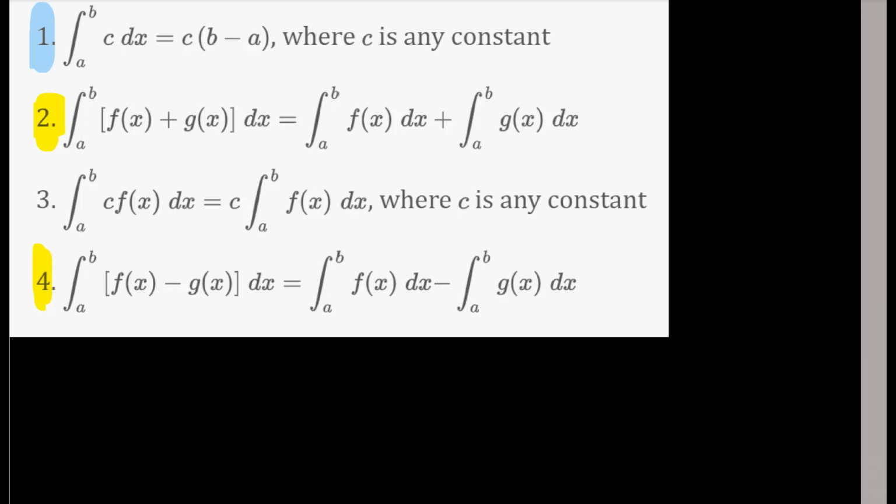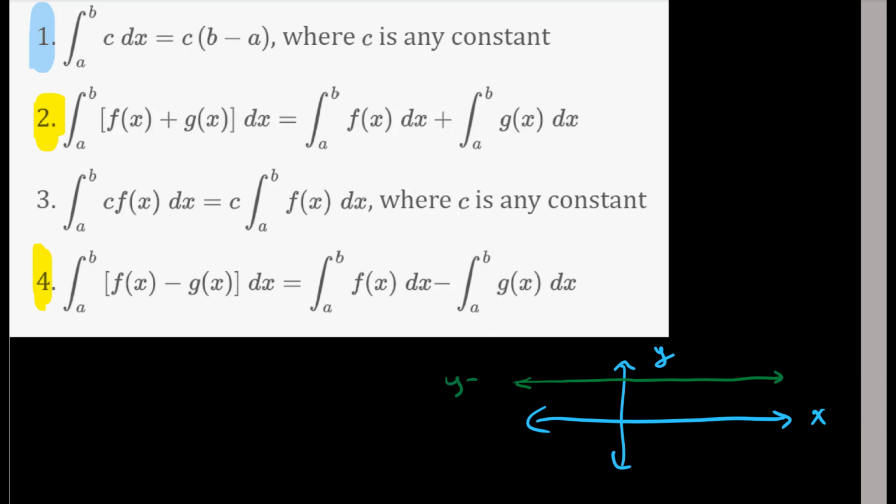So let's draw out the idea. Our x's and y's. Now, what we have here is our function that's inside is just a constant. It's just a number like 4, 6. But that's your y value or your f of x value. So let's maybe draw it in. It's just y equals some sort of constant. The way I drew it, it was positive, but it doesn't have to be positive. It could have been negative, right? It's just the height. And if we're going from some point A to some point B,